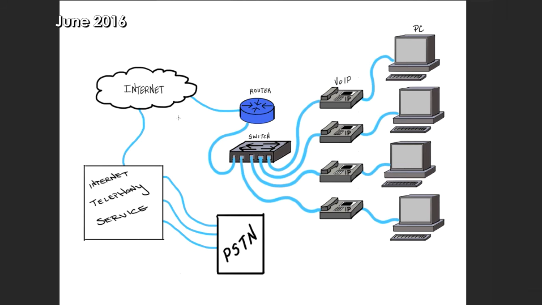Now, if you notice, you still have the PCs and the VoIP phones going to the switch and everything else, and remember, there's a savings there because you only have to pull one cable to the wall, and that's where you plug in your voice over IP telephone. And there's the router, and the router goes right to the internet, as you can see. And so what's happening here is you have a company that's going to take over routing your calls to the PSTN, and they're called an Internet Telephony